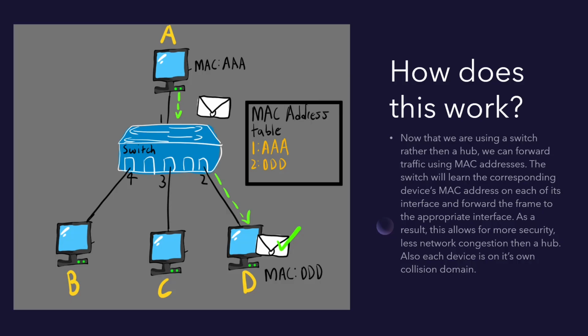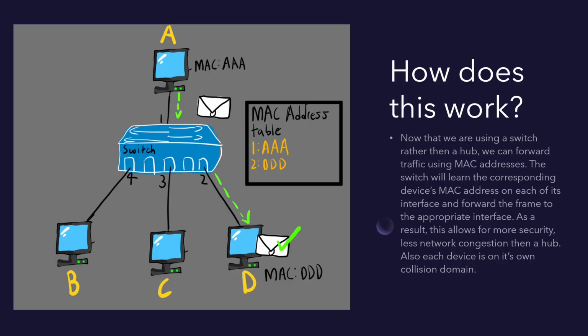So computer A wants to send a message to computer D. This is the same example that we used in the hub diagram, but now we have a switch. Computer A sends this message to interface 1. Now the switch knows that interface 1 corresponds to the MAC address AAA, which is computer A, right? And computer A wants to talk to computer D, so the switch will look at its MAC address table and realize, okay, computer D is on interface 2 and its MAC address is DDD, and it will forward this